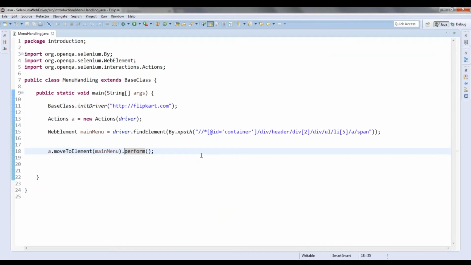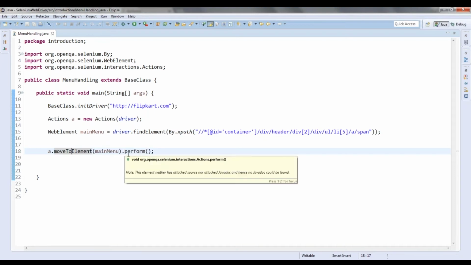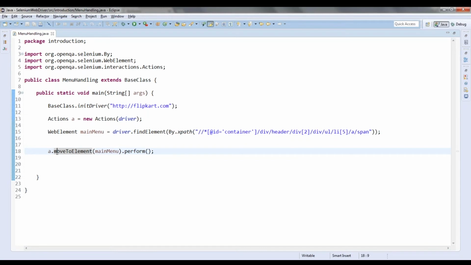That means everything will be put together, and that operation will be done by build. But since we have only one action, we don't have to build it, we can directly perform: a dot moveToElement, which element I am moving, and then perform.